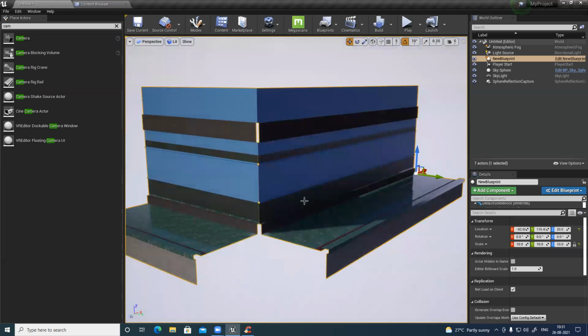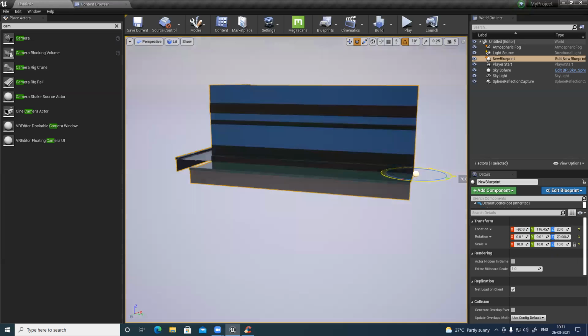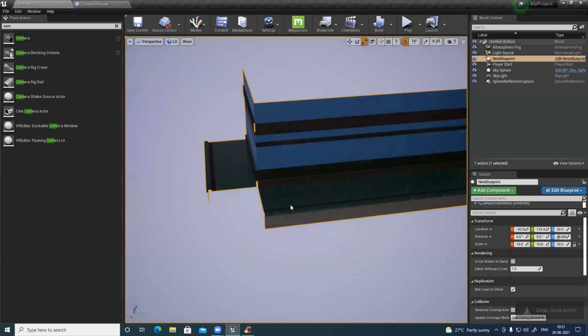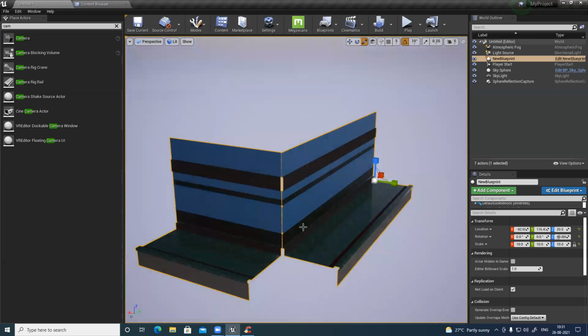And if I want to rotate, I can rotate everything together. And to scale, I can scale everything together in any direction, whatever I want to do, modify. So now this will act as one single solid model.